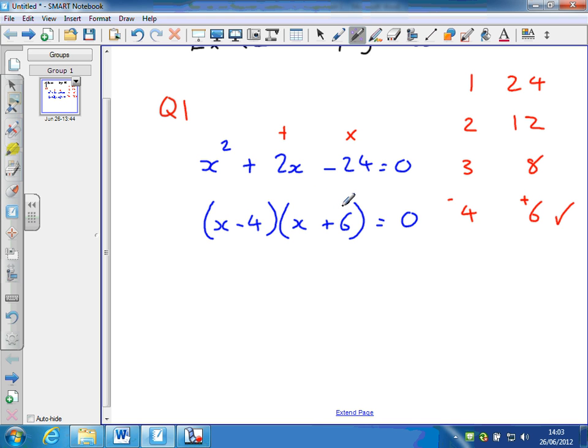Now, the fact that the right-hand side is 0 becomes important in solving it, because at this point, either the first bracket, so if this bracket was 0, then it wouldn't matter what value the second bracket had, because anything times 0 is 0. Equally, if the second bracket was 0, again, it wouldn't matter what value the first bracket had, the whole lot would be 0. So we're looking for values of x so that the first bracket is 0 or the second bracket is 0. So either